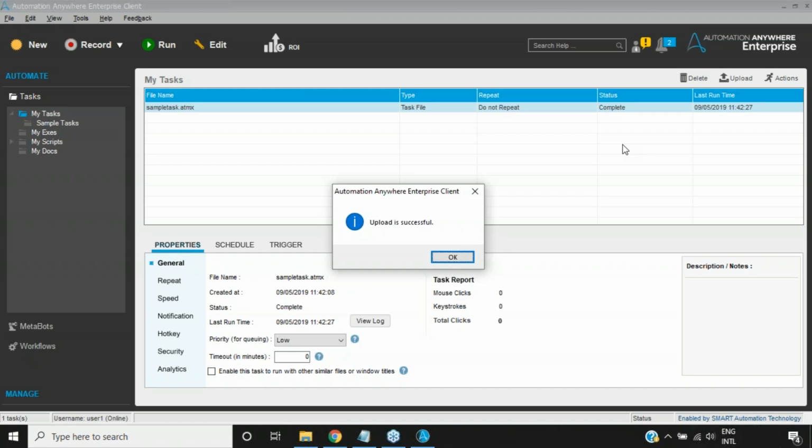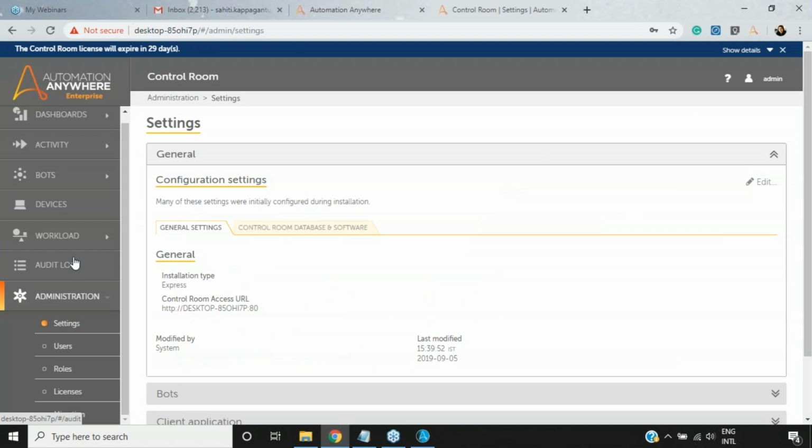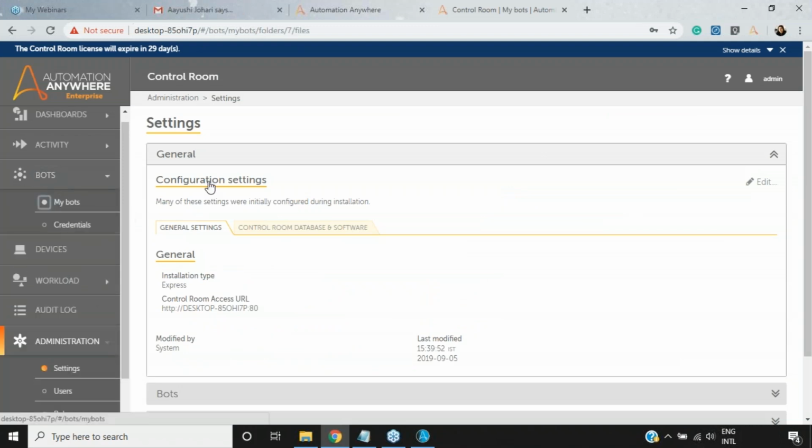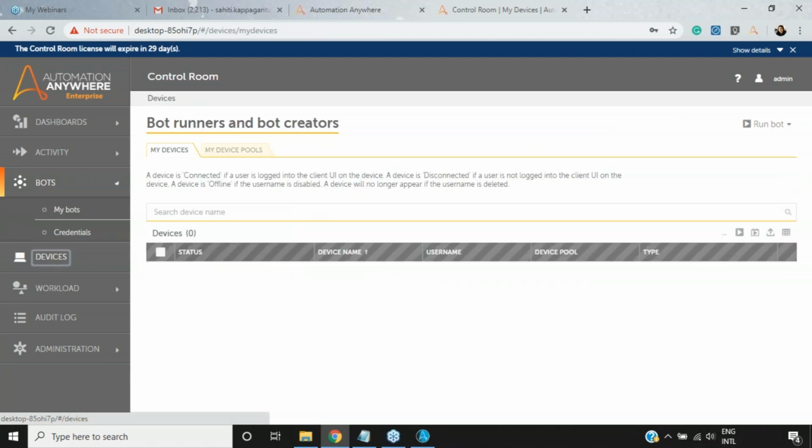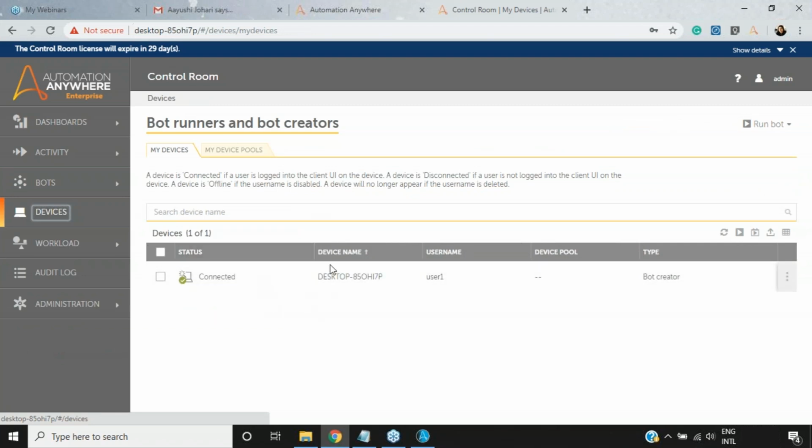Now we can go back to our control room, and then we can go to bots, then my bots, and in my bots you see a task bot with the name sample task. That was basically our task name, and that has been uploaded by the user with the username user1, and its size has been mentioned. Apart from that, if you go back to devices, you see a device with the device name desktop, and 850hi7p with username user1 and the license type to be bot creator